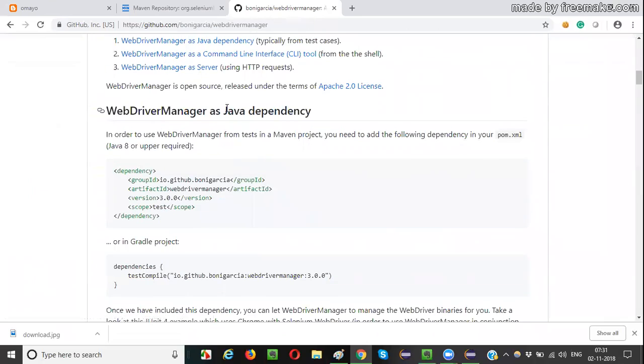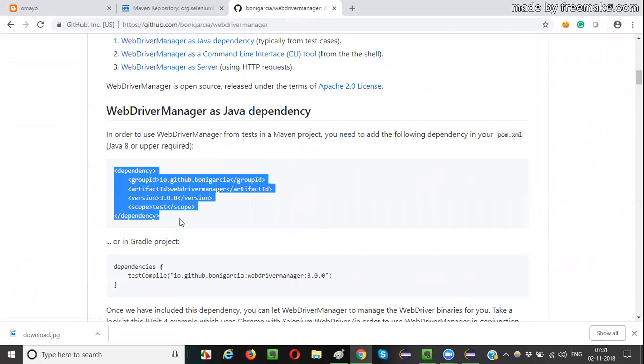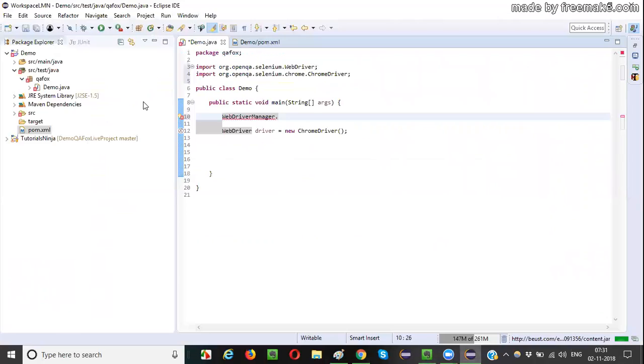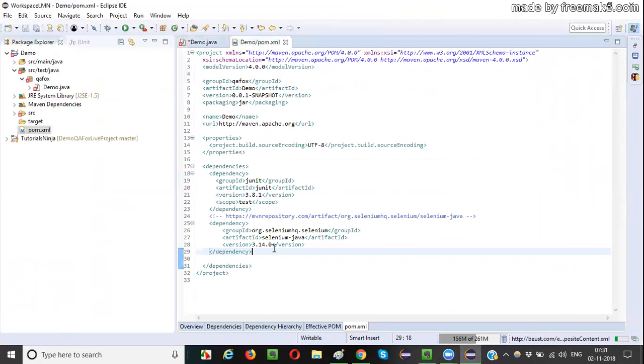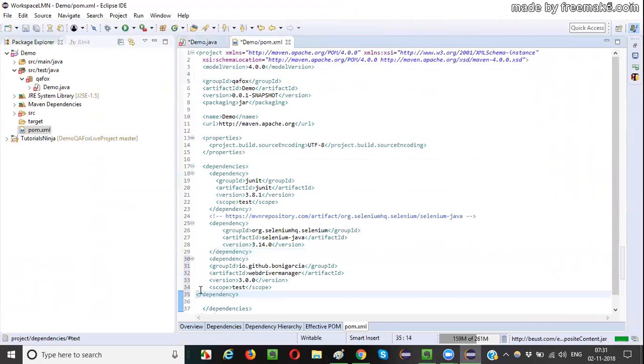Somewhere here, Java dependency. Just add these dependency tags. Copy these dependency tags and paste them into your pom.xml file so that the jar files related to WebDriver Manager will be downloaded and automatically configured in this project. So once the build workspace is done,